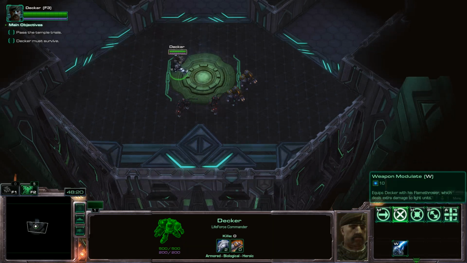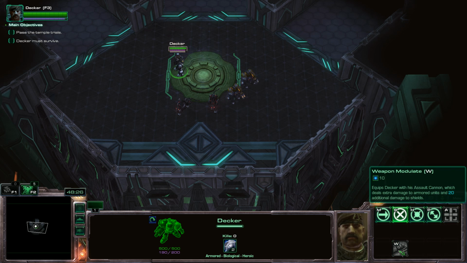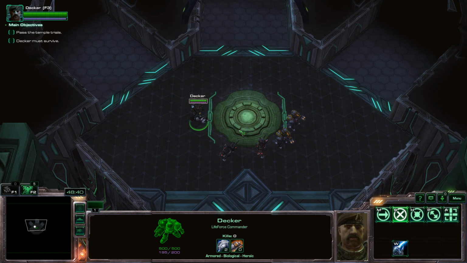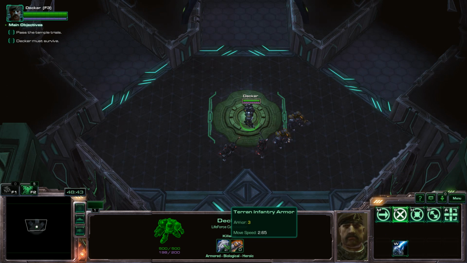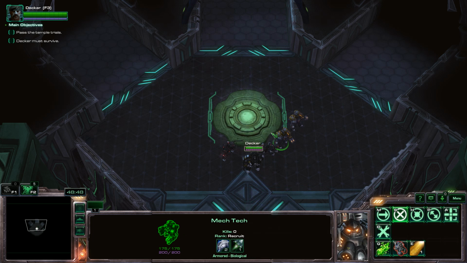Decker, what can you do? Equips Decker with his flamethrower, which deals extra damage to light units. Equips Decker with his assault cannon, which deals extra damage to armored targets and 20 additional damage to shields. Okay. Does Decker have any sort of health regeneration? T99 modular assault cannon. Okay, so we want to be using...